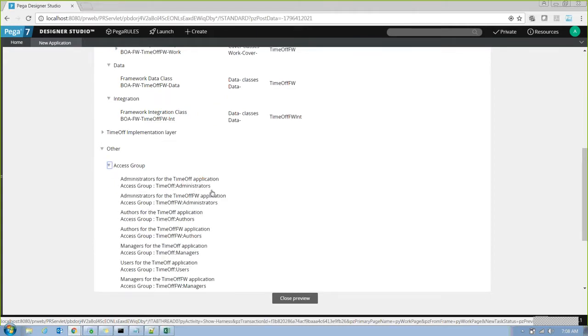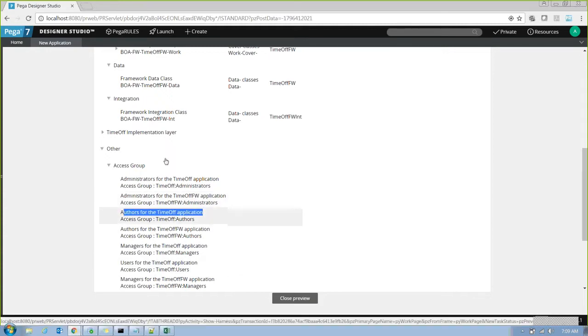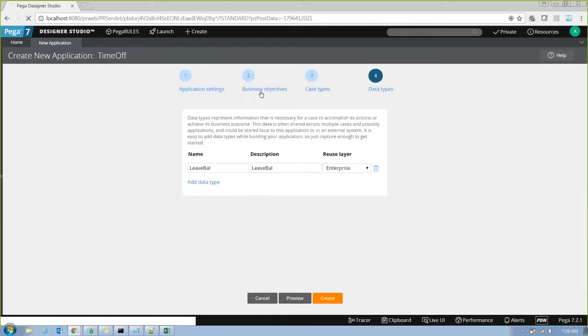You have access group for administrators, you have for developers, you have for managers, you have for users. Everything you see two times, right? One is framework layer access group, another one is implementation. Okay? You see FW, it's framework layer access group. You don't see FW, it's implementation layer access group. Okay? So these are things that are going to get created when you click on create. Just say create.